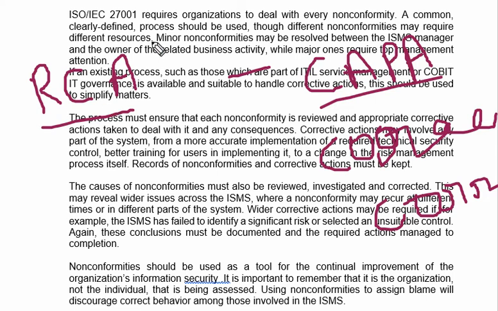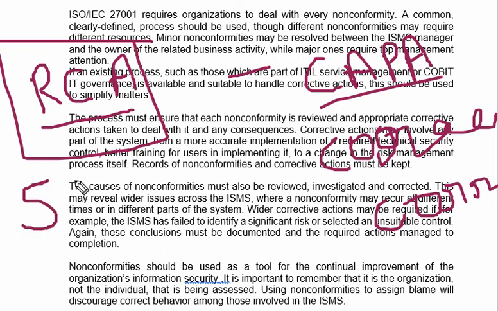The first thing is to identify the RCA. RCA is nothing but root cause analysis. In the root cause analysis, you need to find out the main cause, why this happened, why the non-conformance arises. For identifying the root cause, we use the 5 why principle. You need to ask a question every time till you come to a conclusion.